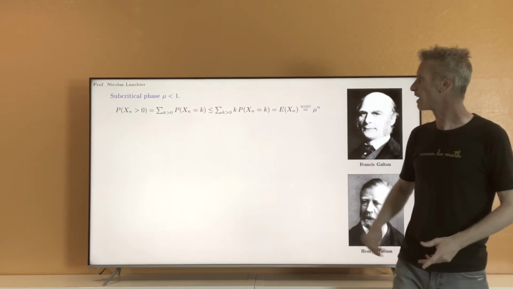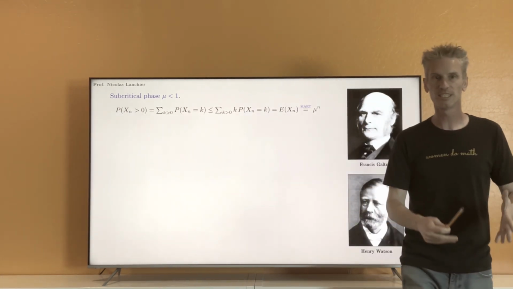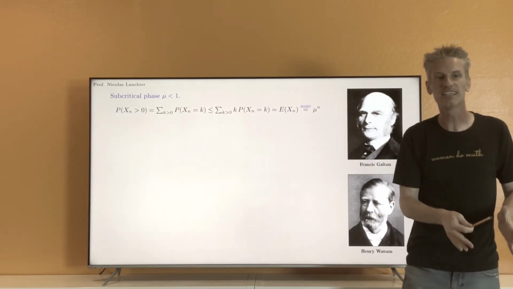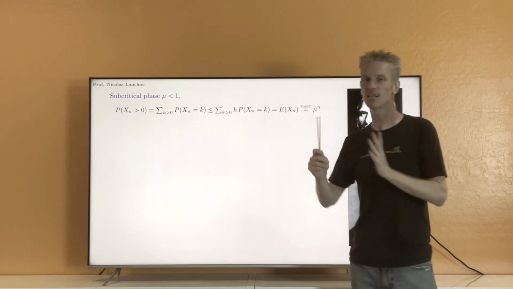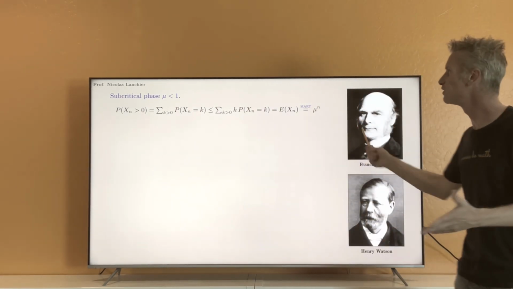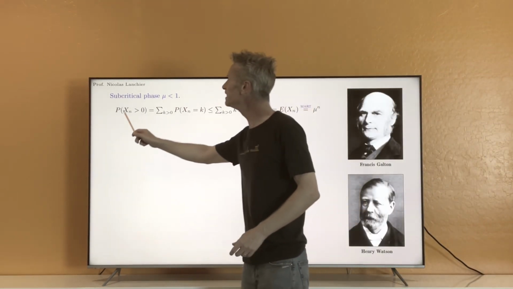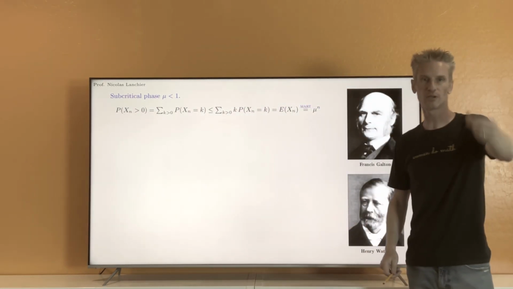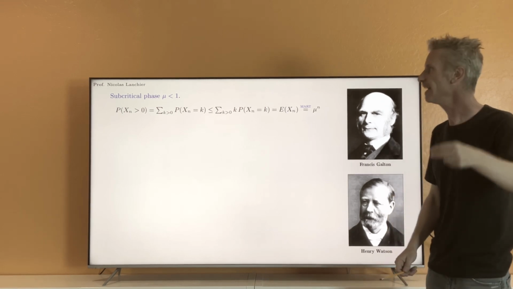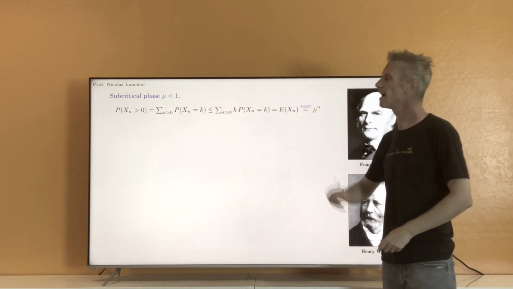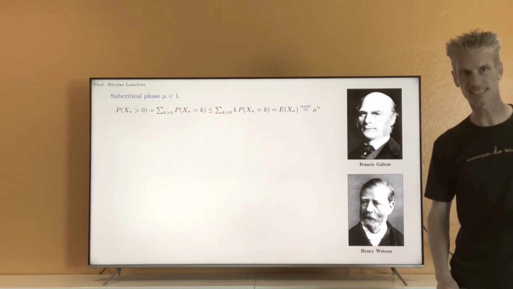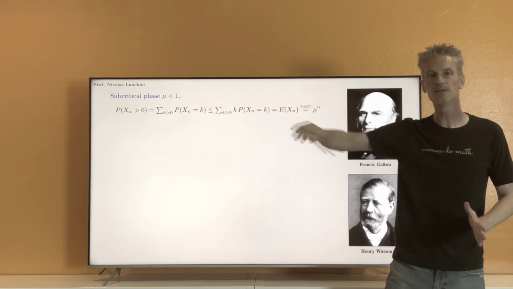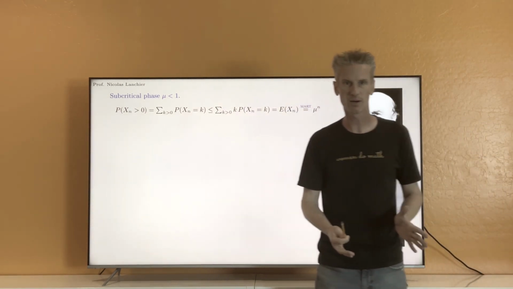Okay, so I can do that, and then I make it clear that this infinite sum here is exactly, by definition, the expected value of Xn. And so eventually we get that the probability that Xn is larger than 0, which is the probability that the time to extinction exceeds n, is less or equal than the expected value of Xn. So to get this inequality, you can do it directly by using Markov's inequality also.